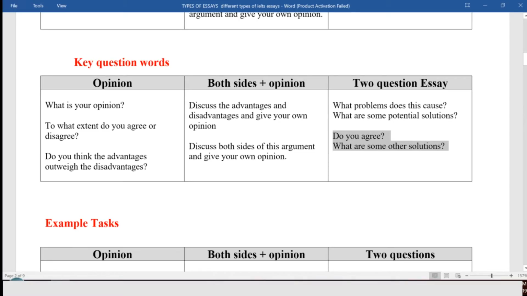With this one, do you agree? So you're asked whether you agree with a statement. Maybe the statement's about solutions. Is technology the best way to improve educational outcomes? Is the increasing use of computers the best way to increase educational outcomes? You're asked for your opinion on this. Do you agree that it's the best way? You might feel it's a good way, but is it the best way? Do you agree? So you're asked for your own opinion, but it's not enough to just give your own opinion,